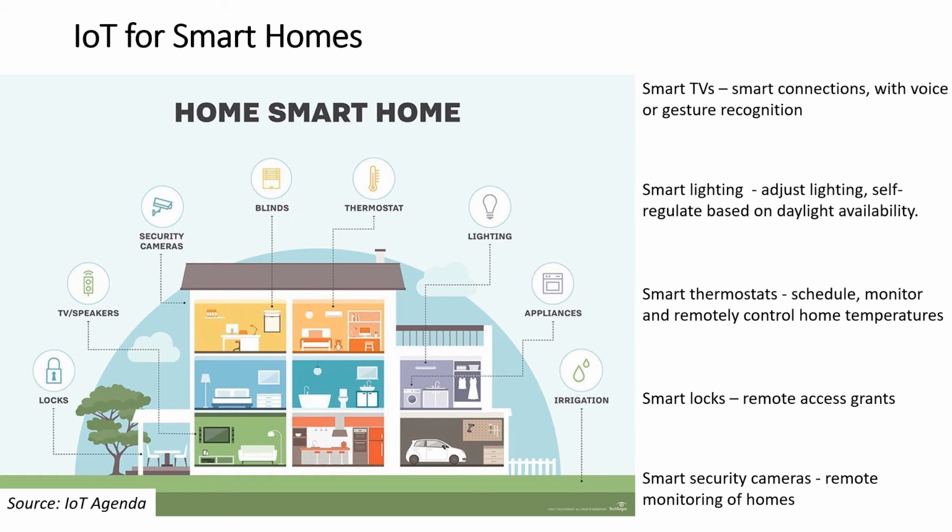IoT has also been applied for smart security systems. For example, cameras that are connected to the internet and you're able to monitor your home from wherever you are. Therefore, the list of IoT applications in our home is long. The next example are the